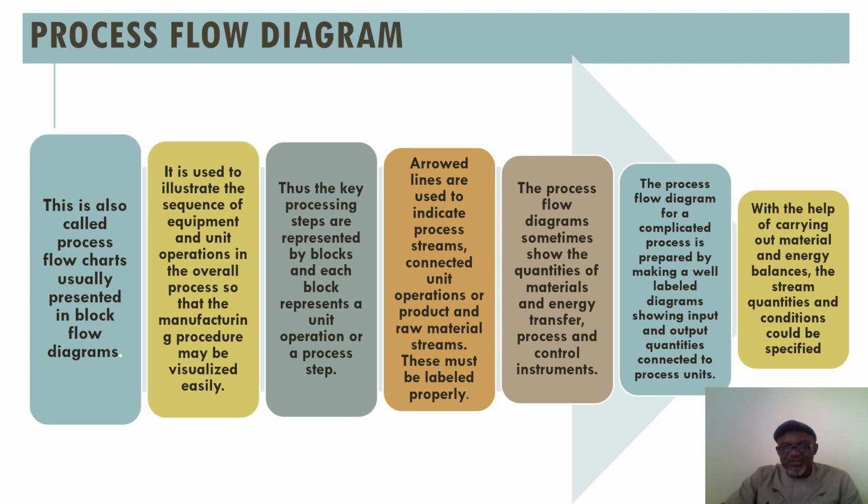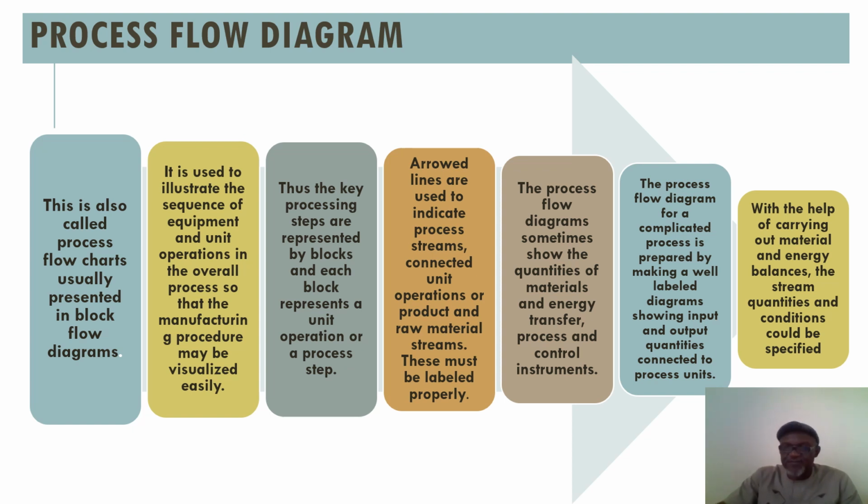Arrowed lines are used to indicate process streams, connected unit operations, or product and raw material streams. These must be labeled properly. The process flow diagrams sometimes show the quantities of materials and energy transfer, process and control instruments. The process flow diagram for a complicated process is prepared by making a well-labeled diagram showing input and output quantities